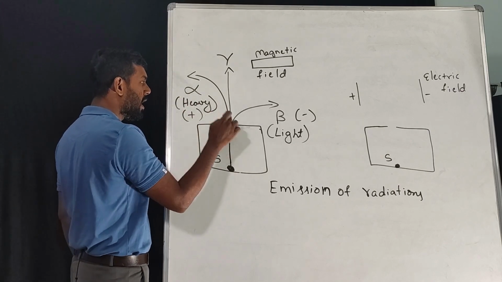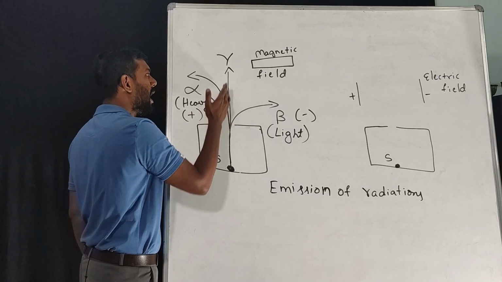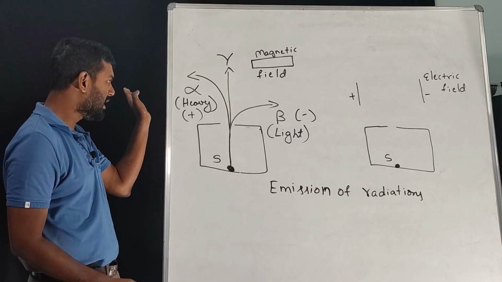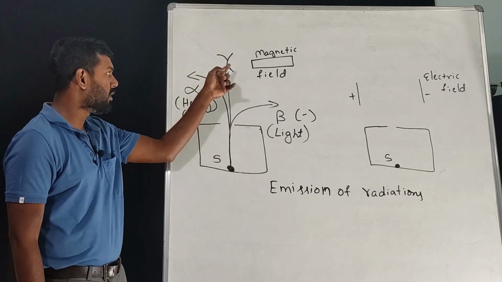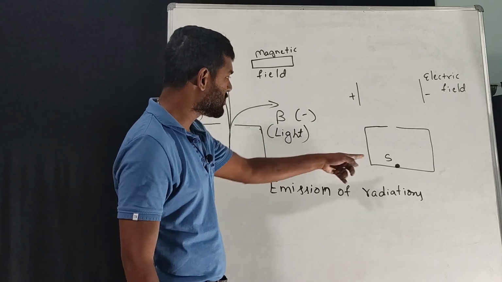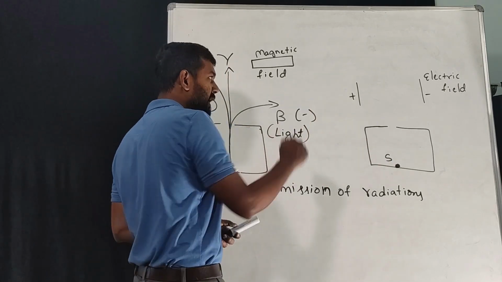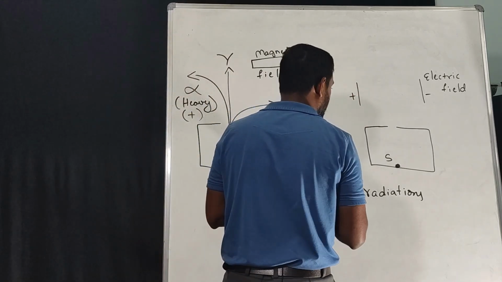See, beta will come here, alpha will go here above beta, okay, alpha should go here, again gamma will be in a straighter way. Alpha is positive, whenever alpha is here or that side, alpha is always positive, beta is always negative, gamma is uncharged. Now we'll talk about electric field. When the source is experienced by an electric field, and electric field is also considered as physical change, keep that in mind. When this happens,